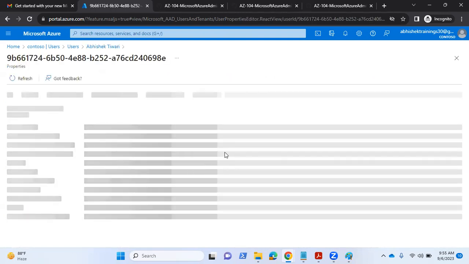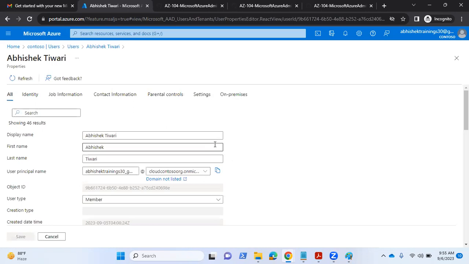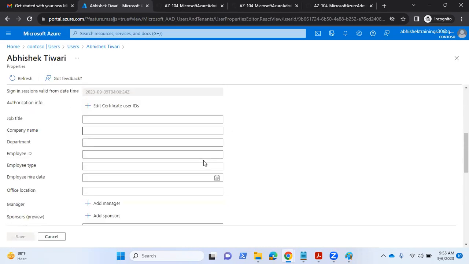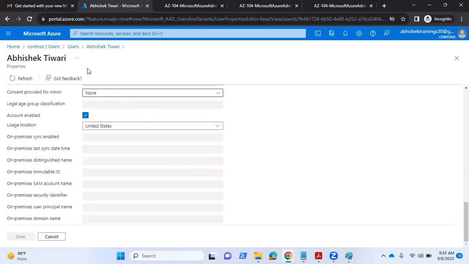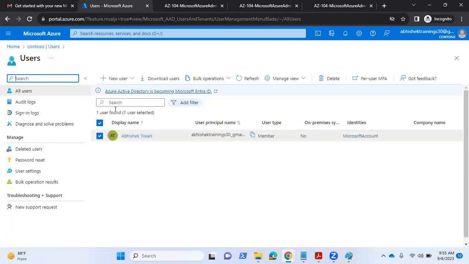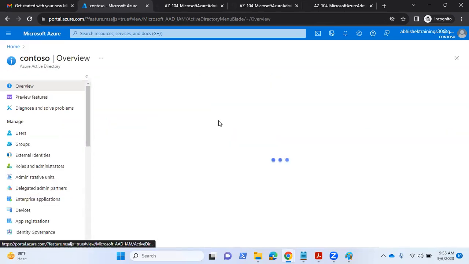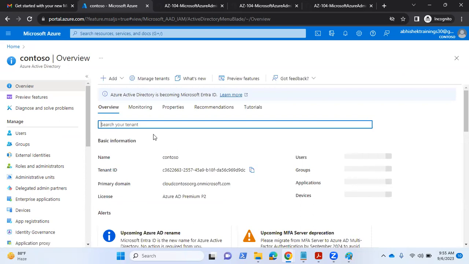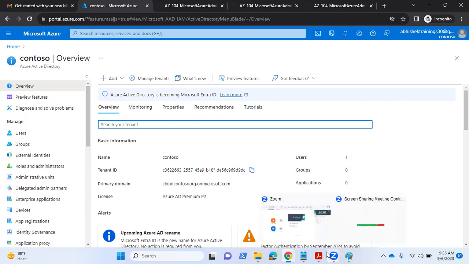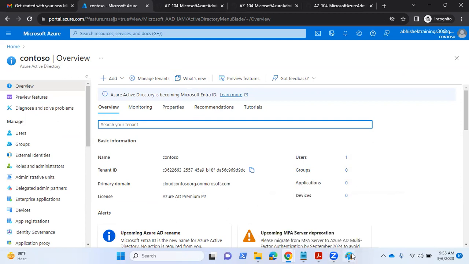Edit properties. Okay, well, let me check how to delete this license and then I'll update you on the group only. Okay. And one more thing, like Pankaj was asking. Pankaj, you can connect